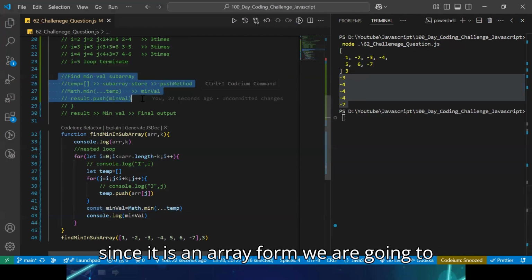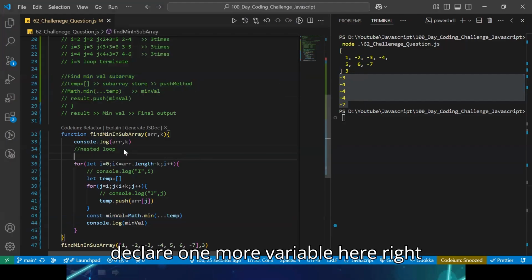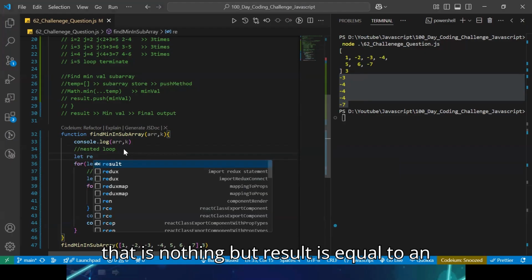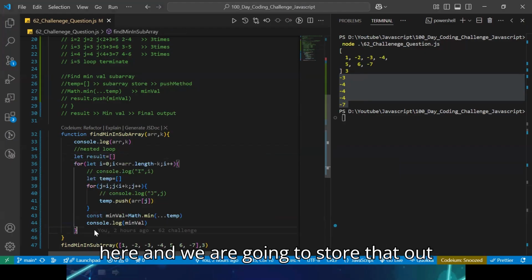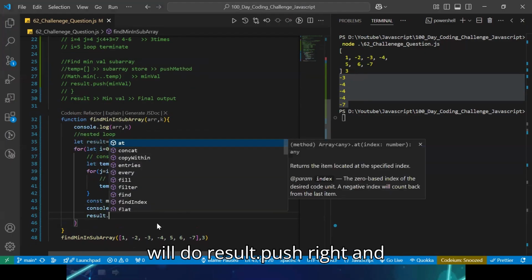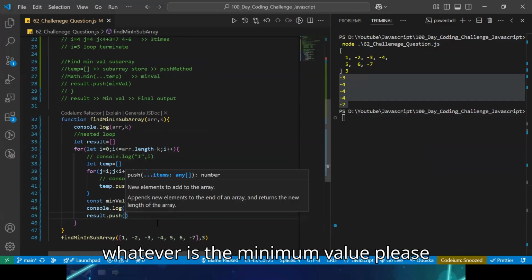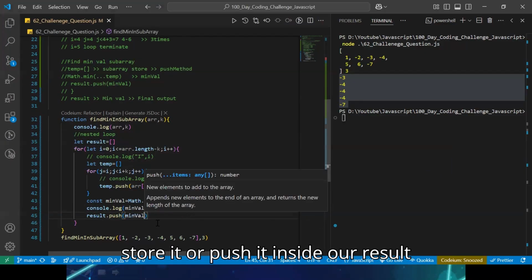Now, since we want it in an array form, we are going to declare one more variable here, that is nothing but result is equal to an empty array, correct? And then we will come here and store that out, so result dot push, right? And whatever is the minimum value, please push it inside our result, right?